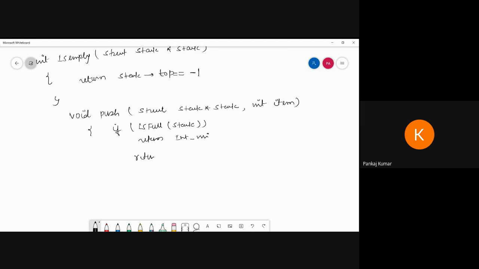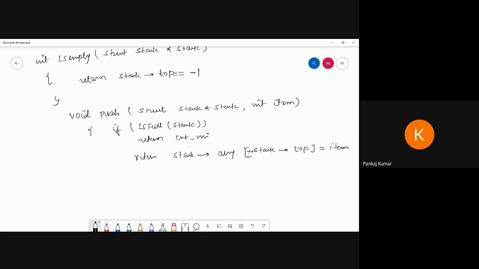Otherwise, if it is false, then it goes to the stack array. Here we write stack pointing to top plus plus, we have to push inside that. Stack array at top is equal to item.